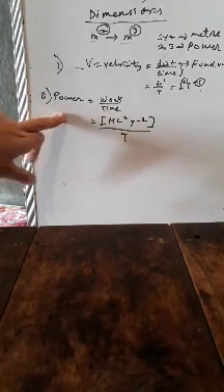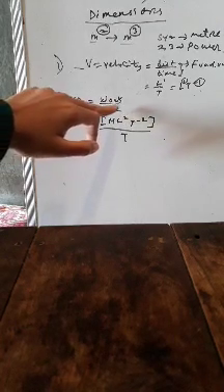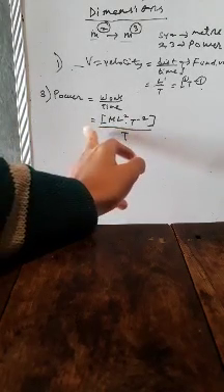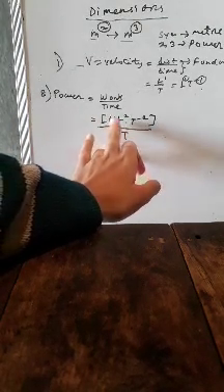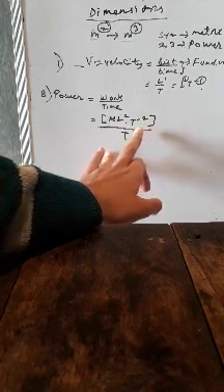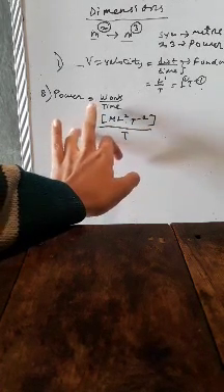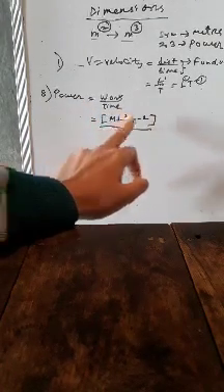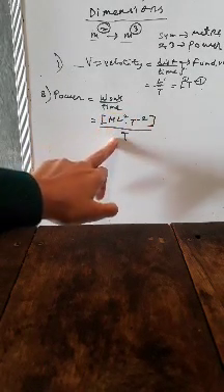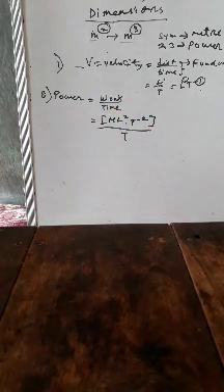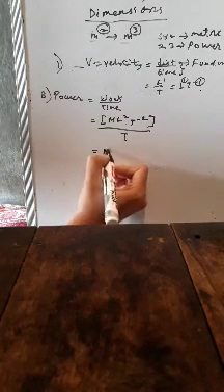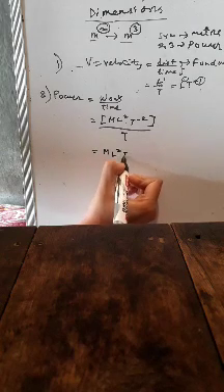So students, the formula of power was work by time, and the unit of work you have calculated previously is M L square T to the power minus 2, and the unit of time is T. Why? Because T is your fundamental unit. So the unit of work is divided by T, the fundamental unit. So what will be the final result of the power? It will be M L square T to the power